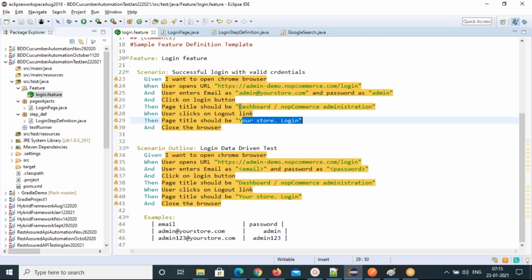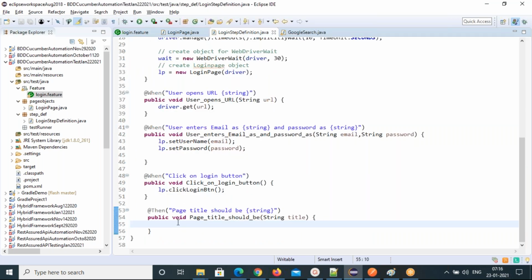So whichever title is coming, I need to validate. If this title comes, your login is successful, and then this title you have to validate also. So that we need to write.